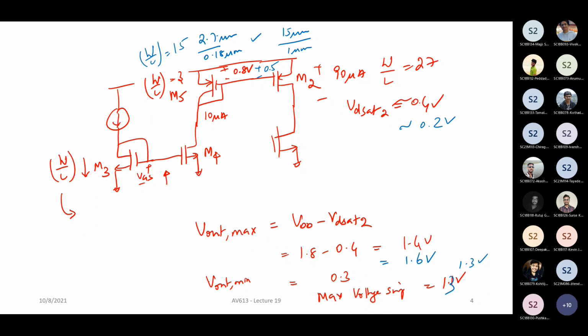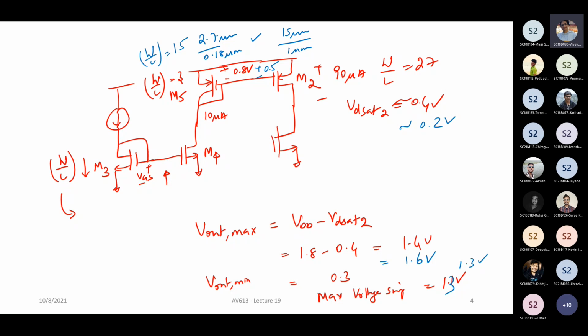Now, if you take instead of 15, let's say if you take a W/L ratio of 100 for a small current like 10 microampere, right? It will work. It's not that it will not work, but then it's an overkill. So if you take 100, here you'll have 18 by 0.18, or if you take 1 micron, you'll have 100 micrometer as your transistor width. So that's an insanely large area for a very small current, which is like 10 microampere. So there is a sense of what is acceptable and what is not. Okay.